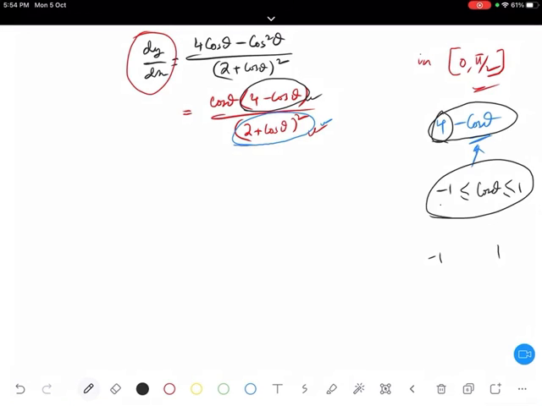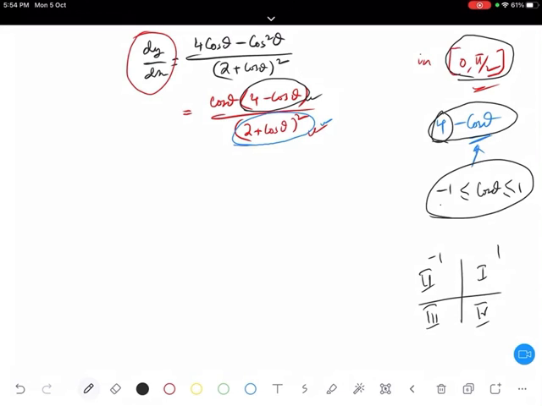Now the next question is cos theta. Here 0 to pi by 2 they are saying about which quadrant? 0 to pi by 2 is the first quadrant. Now in the first quadrant, is cos theta positive or not? It's positive, right? So since cos theta is positive in 0 to pi by 2, the entire thing is positive. And since the slope is positive, we can say that the given function is increasing in 0 to pi by 2.